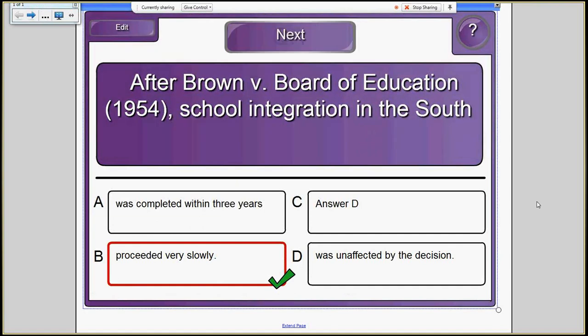Brown is one of the cases that you're very likely to see on the AP review, and it's a great case to look at to understand how real political issues affect court decisions. So with Brown v. Board of Education, Chief Justice Earl Warren is going to get a unanimous decision. So he has to write a fairly weak decision in Brown to get the other 8 judges on board.